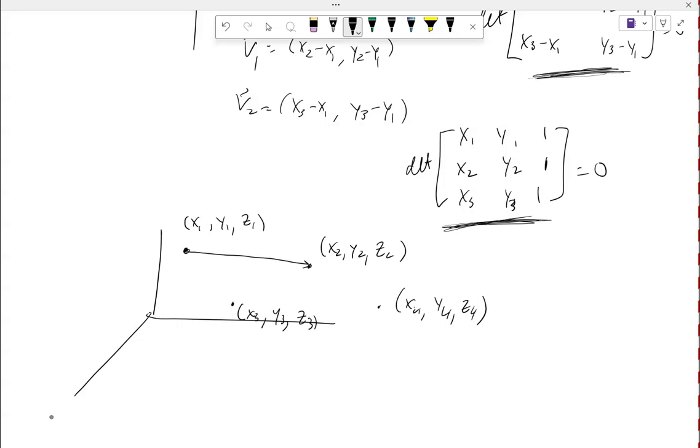Start at one point and make 3 vectors. And then determine if the solid, I know I didn't draw it very well, determined by those 3 vectors has a volume of 0 or not. Right? And then you can do the exact same idea that we did. We're just doing terminal minus initial for our points to get our vectors, and then put it in the determinant. So the 4 points will be coplanar